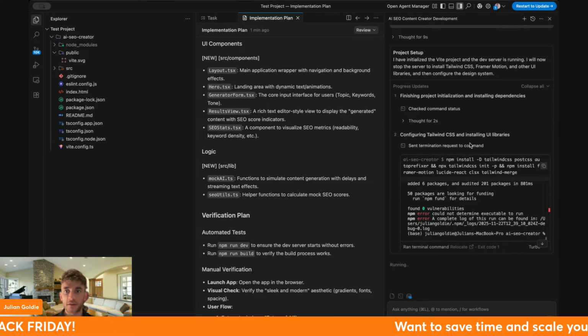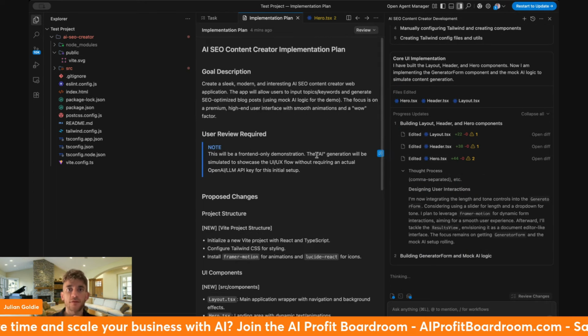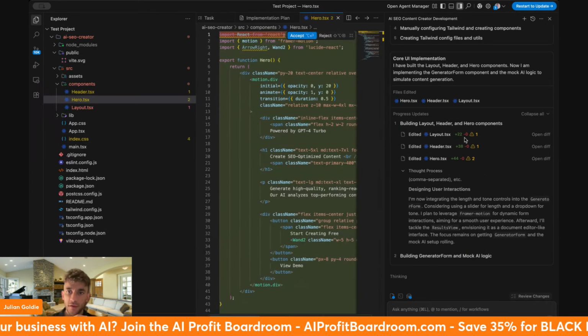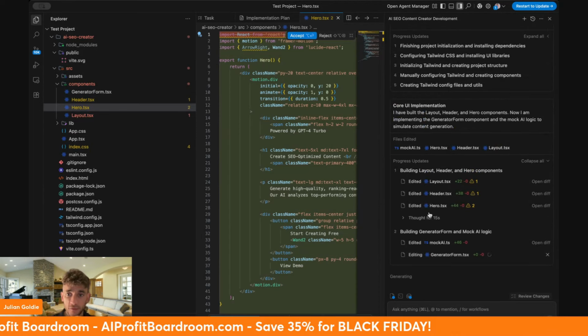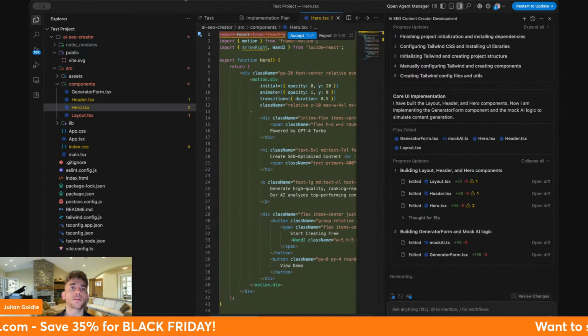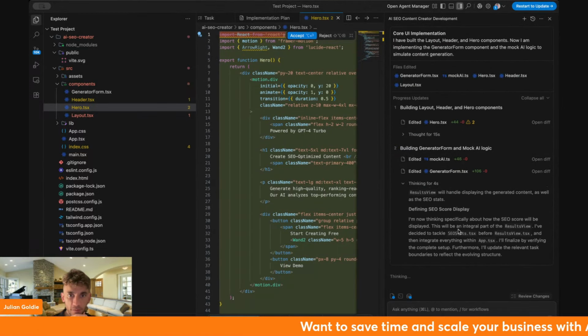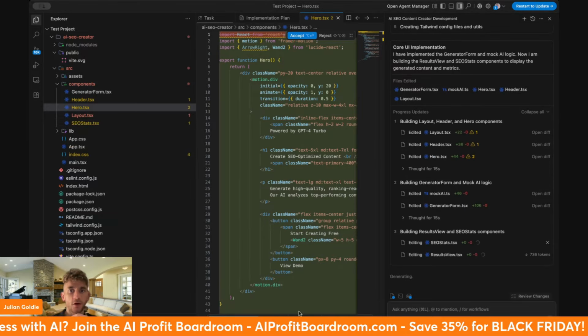So now it's configuring Tailwind CSS, installing UI libraries, and now it's beginning to design the different features inside here too. So you can see it's creating the hero TSX, header, layout, etc. Basically just doing the design functionality as well. Now it can do front end and back end as well, which is pretty useful, and it's beginning to code that out nicely. The other thing I was wondering as well was whether you can actually code 2 different